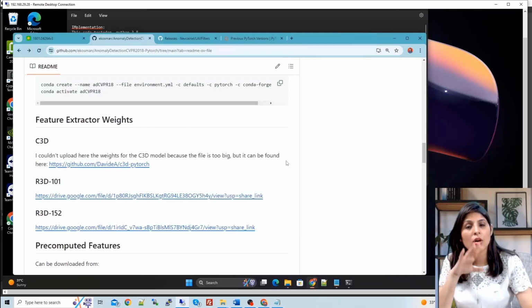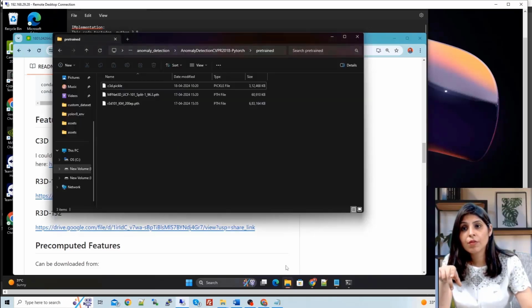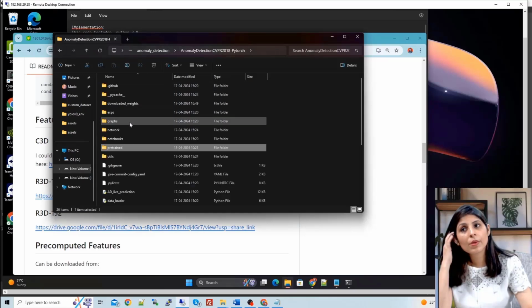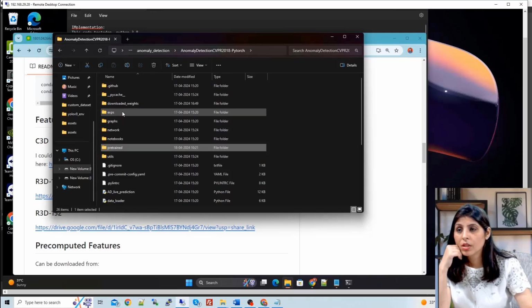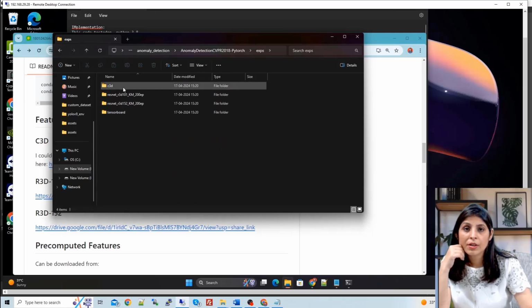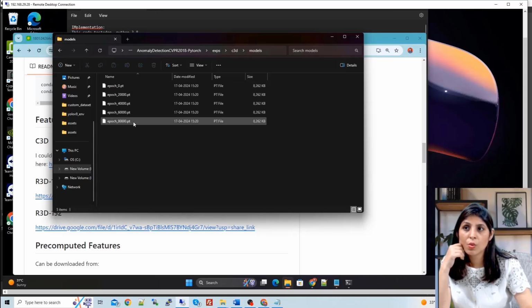Right guys, today I'm not training this anomaly detection model. We will use the trained model which the official repo has trained, and they provided the weight file. We will only perform the testing on any video, okay, to see if an anomaly is getting detected or not. And if you want to see the trained weights they have, then just come inside this repo, and under the exps, here we are using this C3D model, and inside this models folder you will see the trained model. We will use this trained model.